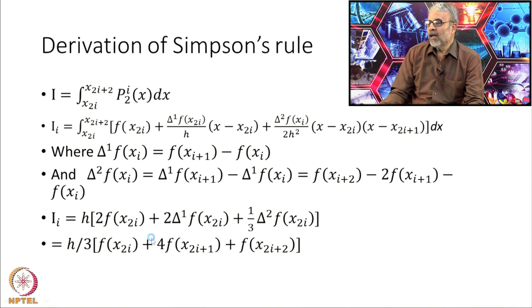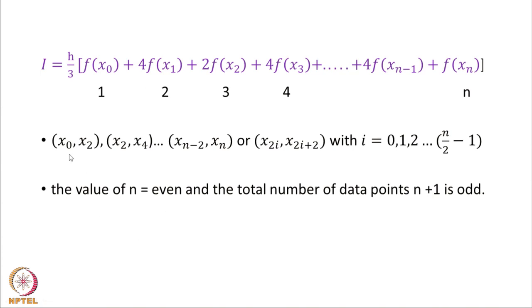Now let us see how I split the function into many intervals. Let x_0 to x_2 be one interval. Why is it x_0 to x_2? Because of x_0, x_1, x_2: I need 3 points to have a quadratic function fitting there. First 3 points, one function. Between x_2 and x_4, that is x_2, x_3, x_4, another quadratic polynomial. Between x_{n-2} and x_n, another quadratic polynomial. So I have a quadratic polynomial between every 3 points, and I want to integrate between every 3 points.